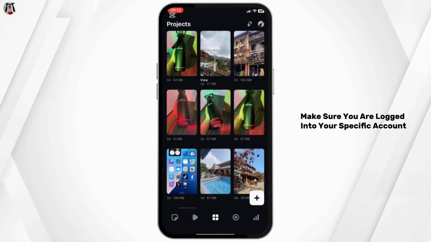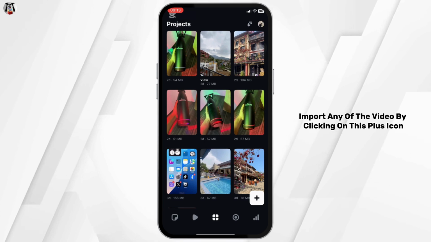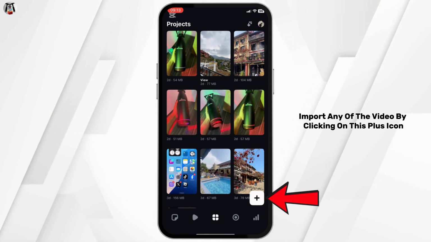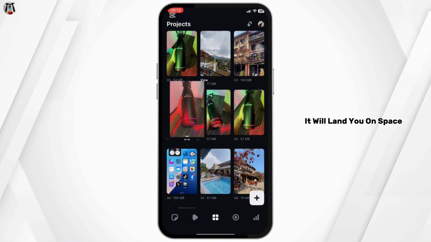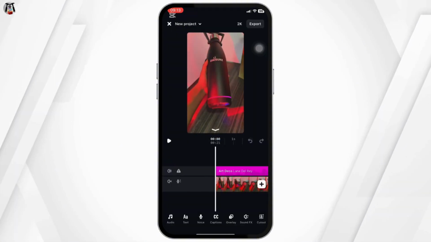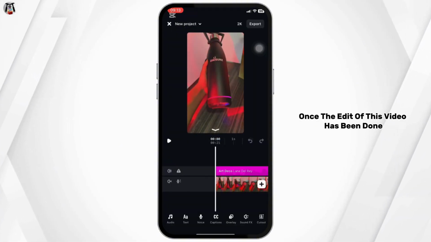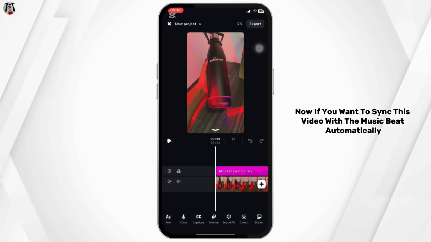Make sure you are logged into your specific account. Import any video by clicking on this plus icon, or simply move into the video that you have imported. It will land you on this page. Once the edit of this video has been done, now if you want to sync this video with the music